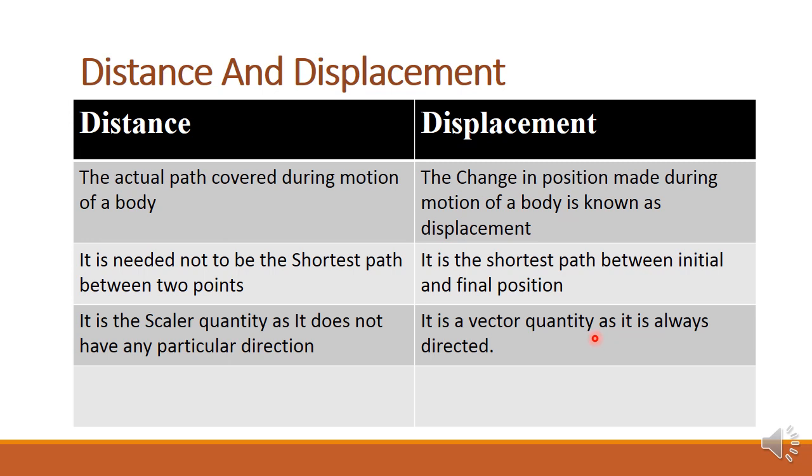Whenever I'm saying that I have traveled 50 kilometers towards north, now see, I have got one direction that I am traveling towards north. So that will be referred to as displacement. If I say 30 kilometers south or 20 meters east or 10 meters west, these are all examples of displacement because we have a direction in it. Alright, I hope the distance and displacement is completely clear.